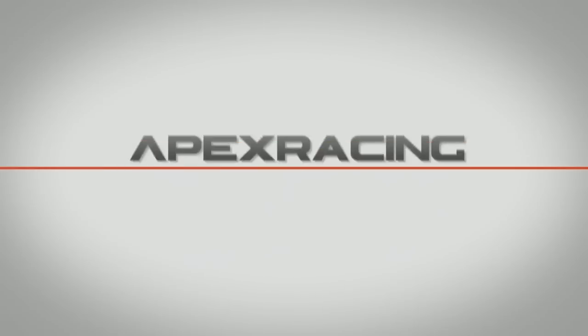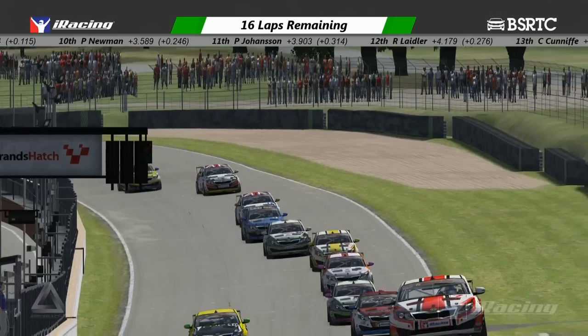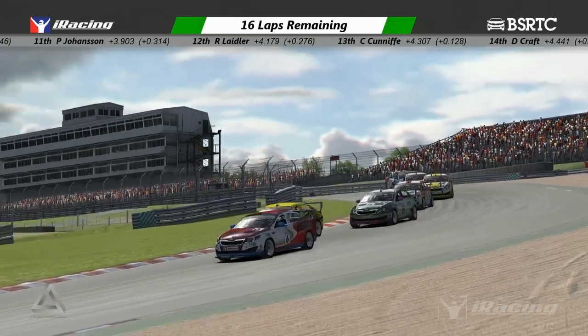I don't think there was any contact. No, there wasn't. I think it's just a small lock-up. Down the inside he goes into Graham Hill Bend, and now is Richard Gore up a position, or is it? Oh, yes. Atkins goes wide, and off he goes, and back onto the racetrack, and here comes the Friction Racing